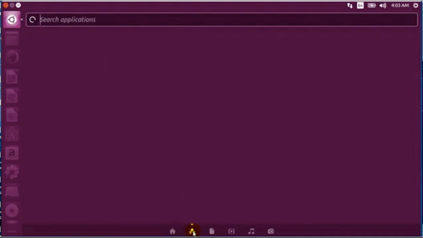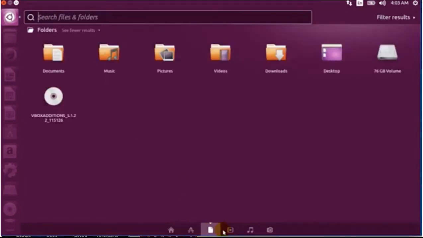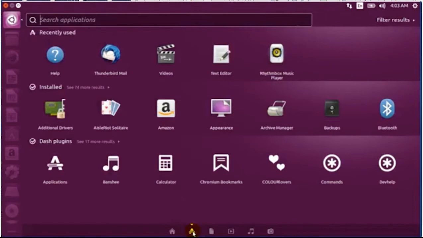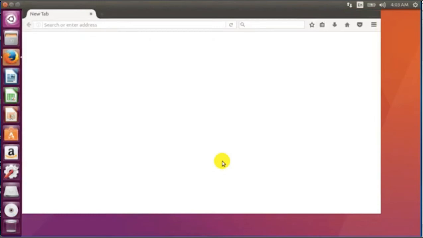You can also search anything by typing in the search your computer area. All recent programs, files, folders, etc. will show here. Click on A to view all installed applications, recently used programs and dash plugins. Mainly we use installed and recently used applications. You can also browse the net using the default browser Firefox.